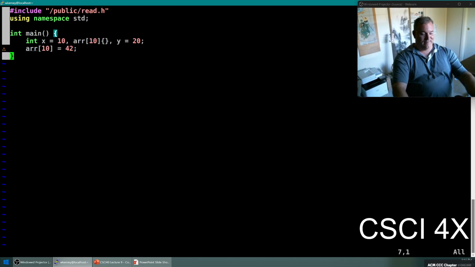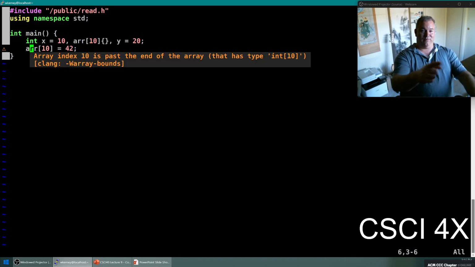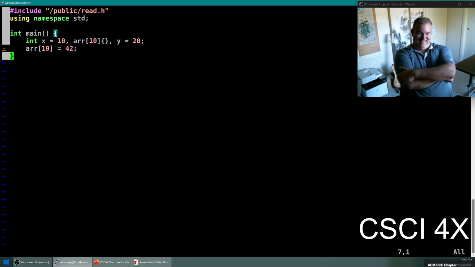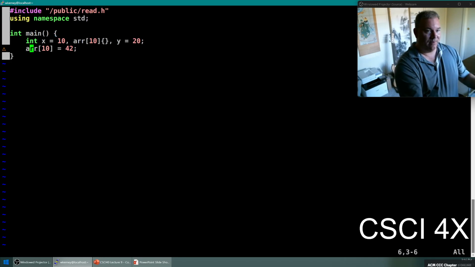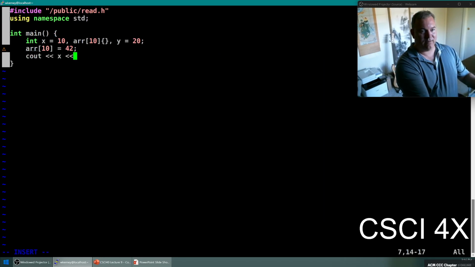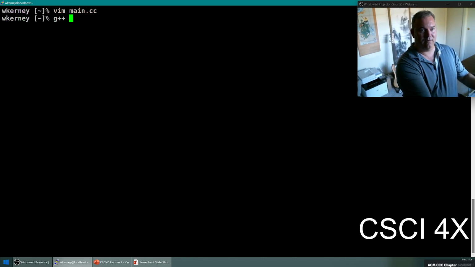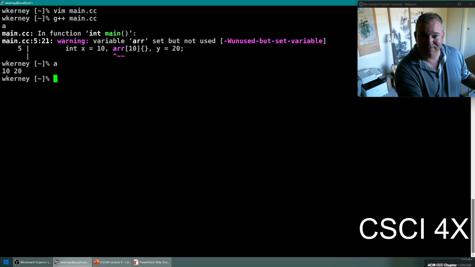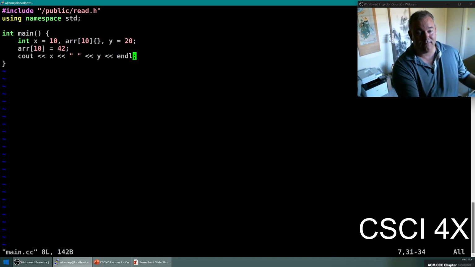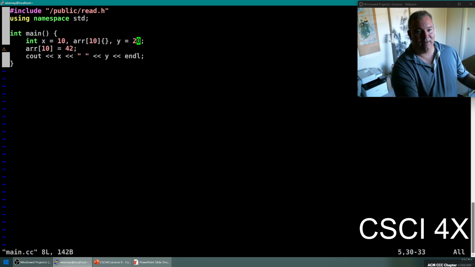notice the warning on it. It says you're out of bounds. Okay. It's valid C++. This will compile. This will run. Cout x, cout y. Neither of them changed. Okay. Good for them, because depending on how these things are laid out in memory,